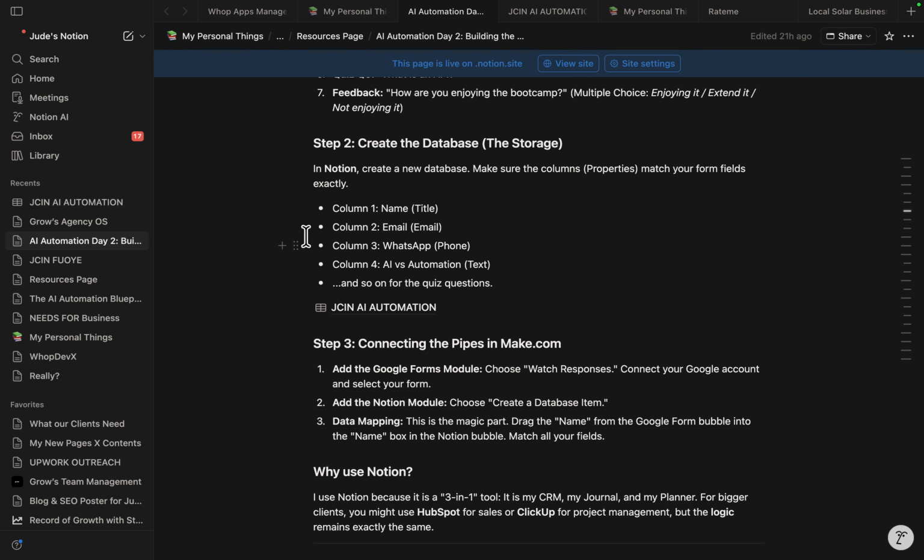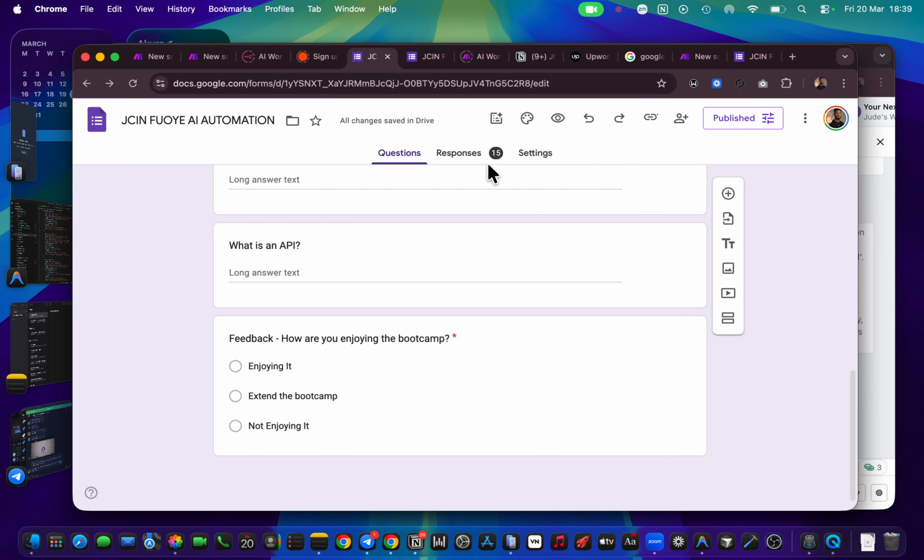So I made use of Notion. Notion is a note-taking app. You can also use it for your journals. You can use it for many other things. You can use it as a CRM as well. So Notion is a very powerful app. You can even use it for automations. There are automations inside Notion, but that one is for another day, or if you need it. And for automations, you make use of pro plans. They are not available on free plans.